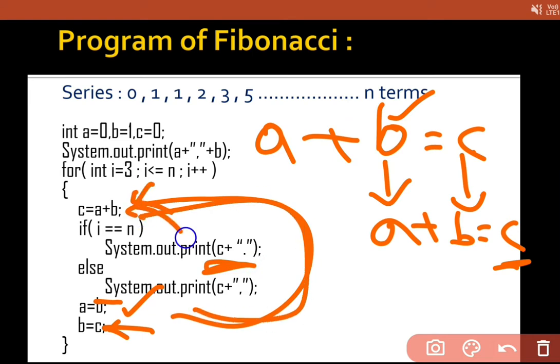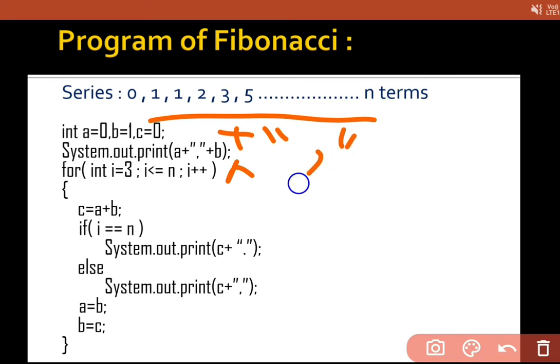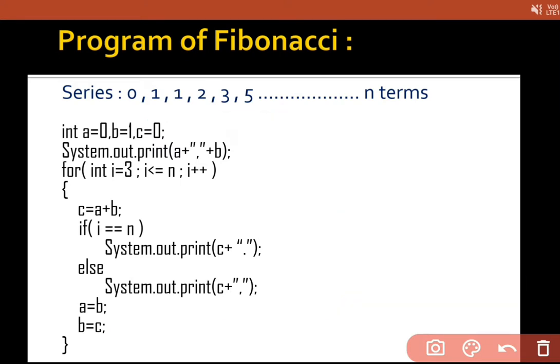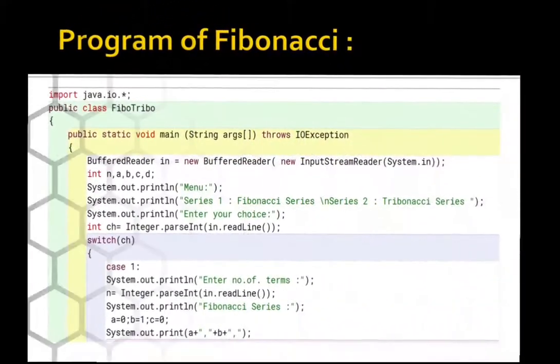Again and again I am doing the same thing. And what I am getting? That is series. But one thing is missing. I have to place comma here, because before C I want comma. After C I am placing, but before C I want. That's why I am placing A, then comma, B, then comma, and then C will be displayed here and comma. Again C will be displayed here and comma. And in last, it will display full stop. And now see, program is in front of you all.